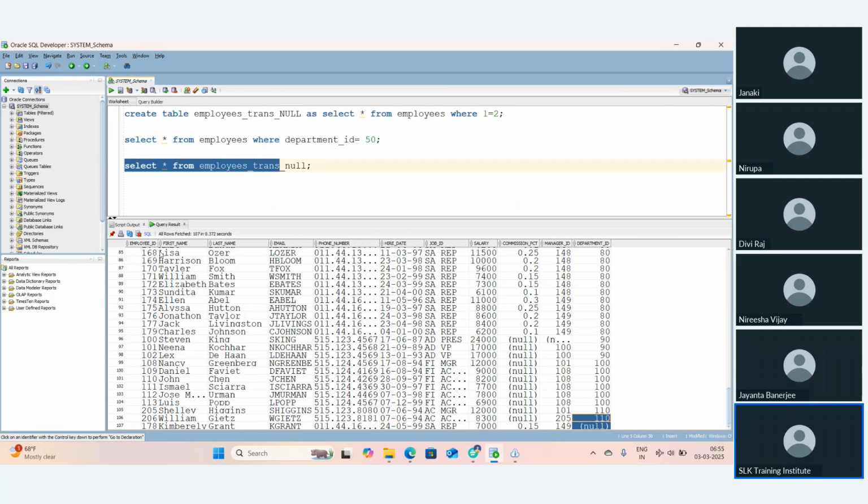Similarly, we also have an option of combining multiple flows. We can use the union transformation to combine multiple sources and get them into a single output, a single target. Okay, so let's say,